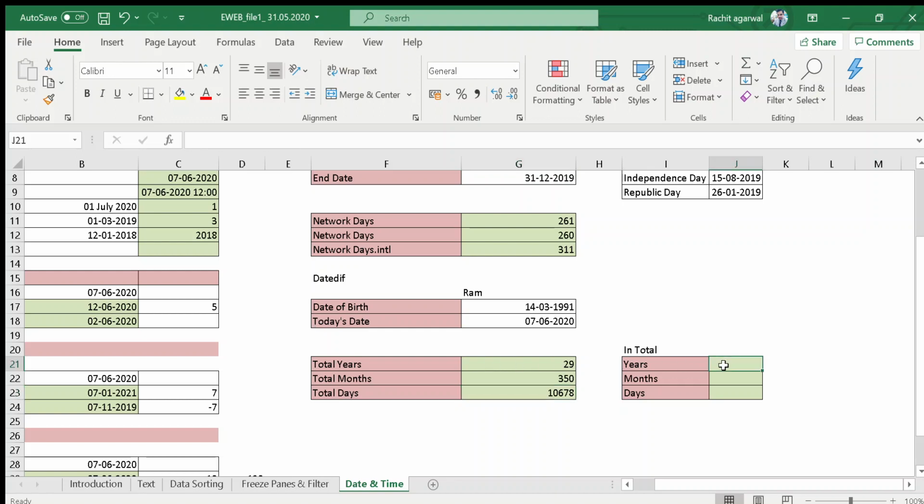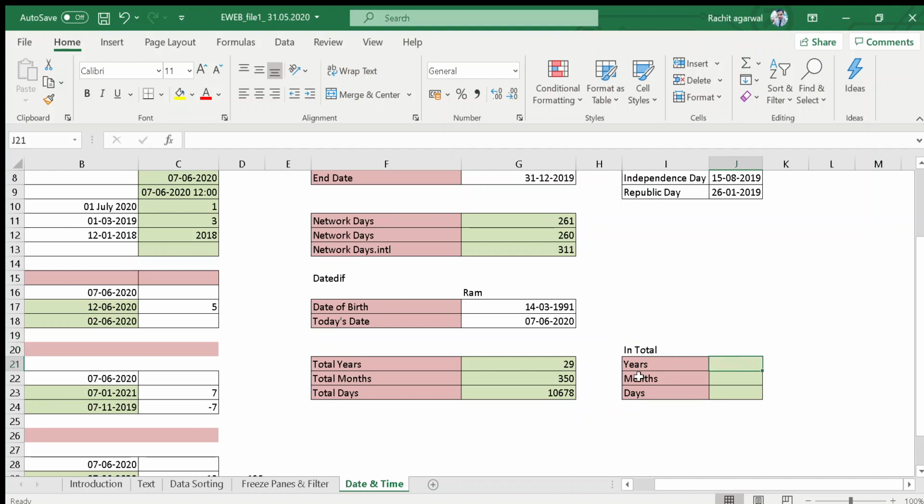Now if you want to know the exact age in this format, 29 years, let's say 3 months and 13 days, you can use the same formula in a different way.